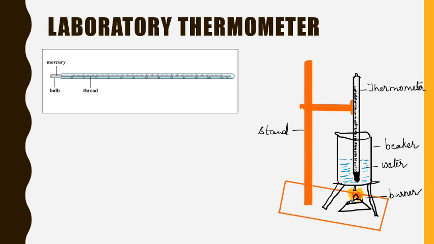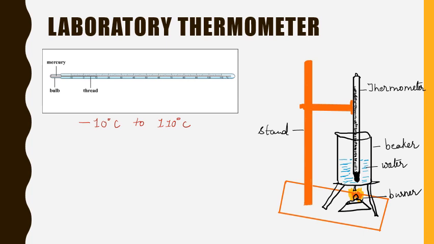Besides the human body, we need to measure the temperature of other objects also. And to measure the temperature of such things, we need to have a wide range of temperature graduation on the thermometer. So for this we use laboratory thermometers. They are graduated generally from -10 degrees Celsius to 110 degrees Celsius. And to take the reading of laboratory thermometers, again the same concept is used as we did in the clinical thermometer. We have to count the number of small lines between two long lines.